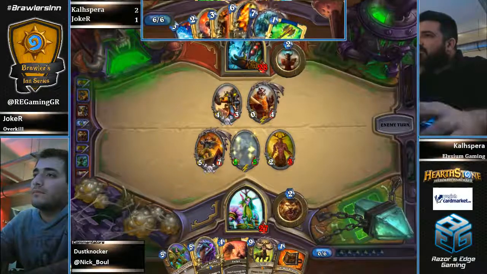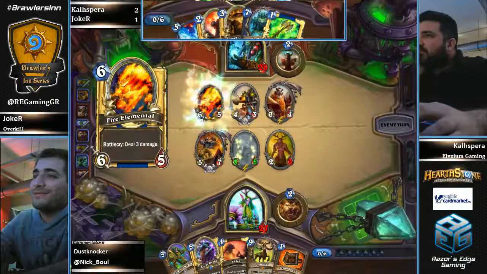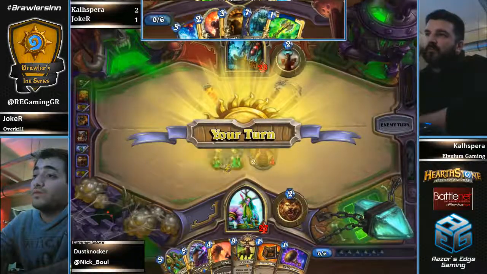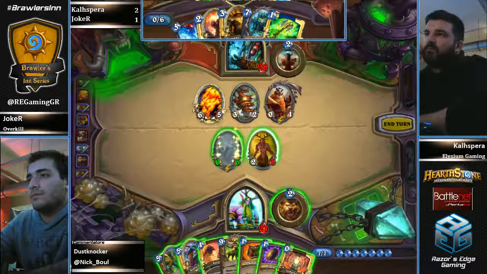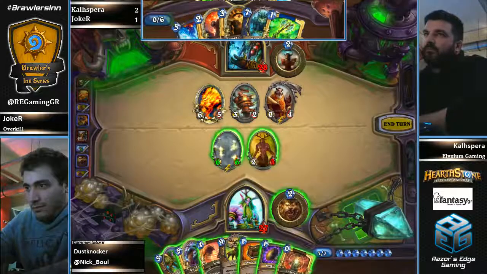So yeah, play is gonna switch back to Kalispera, who will use the Fire Elemental and the Pilot Shredder to take care of Tosley. And Tosley is actually a very hard to kill minion, and you get something in return, and he gets a Rusty Horn, which could prove to be really useful in the following turn. So right now, Joker is faced with...